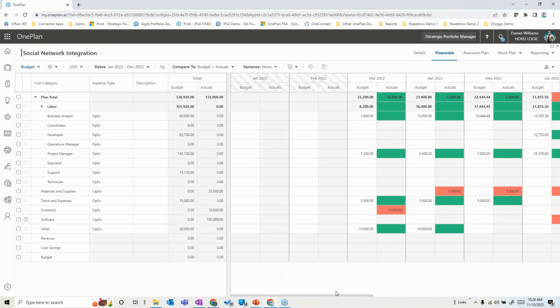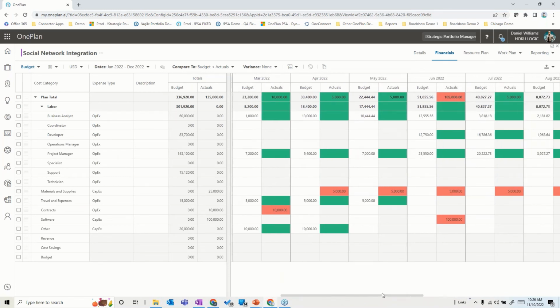And as I come in here, I can look at any given point in time and see I budgeted $23,200 in May, and my actuals are only at $10,000, meaning I'm underspending for that month, or I've underspent for that month. Where I looked out here in June and I see that I thought I was only going to spend $51,000 and I spent $105,000. So whatever that cost structure is, and the way we compare those things, we can look at these things in these regards, and even look at things like specific variances.